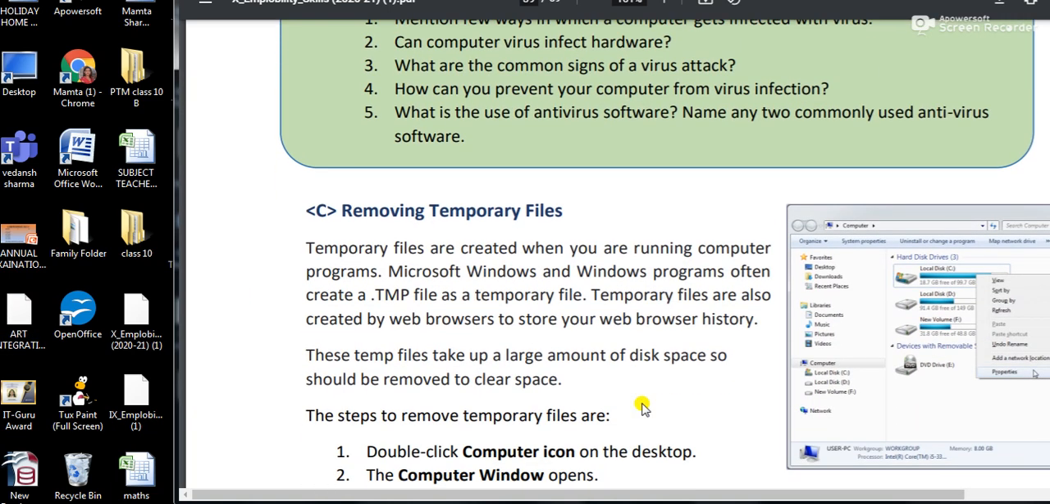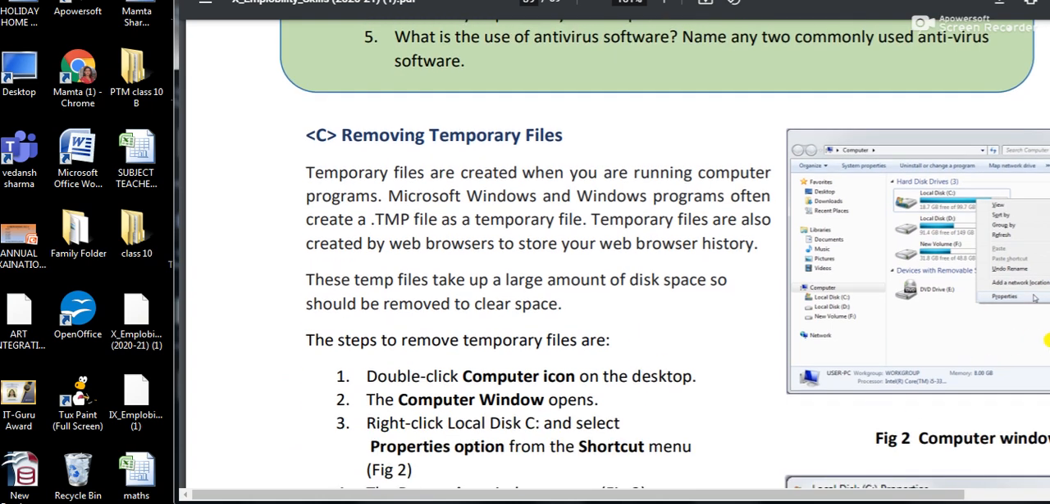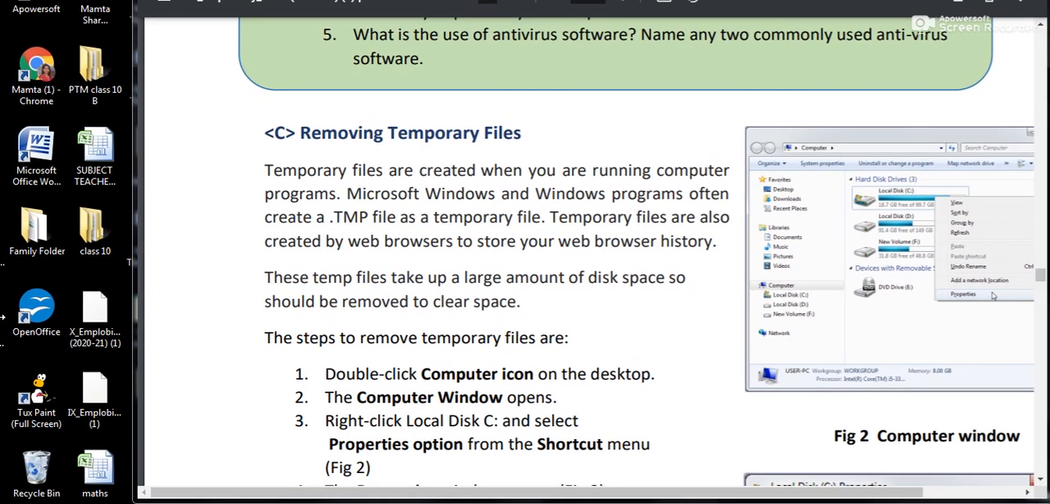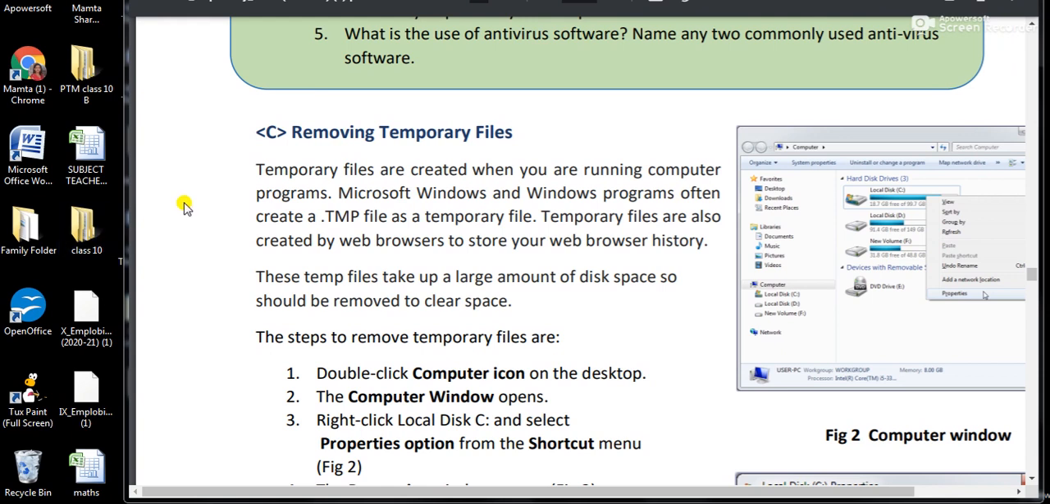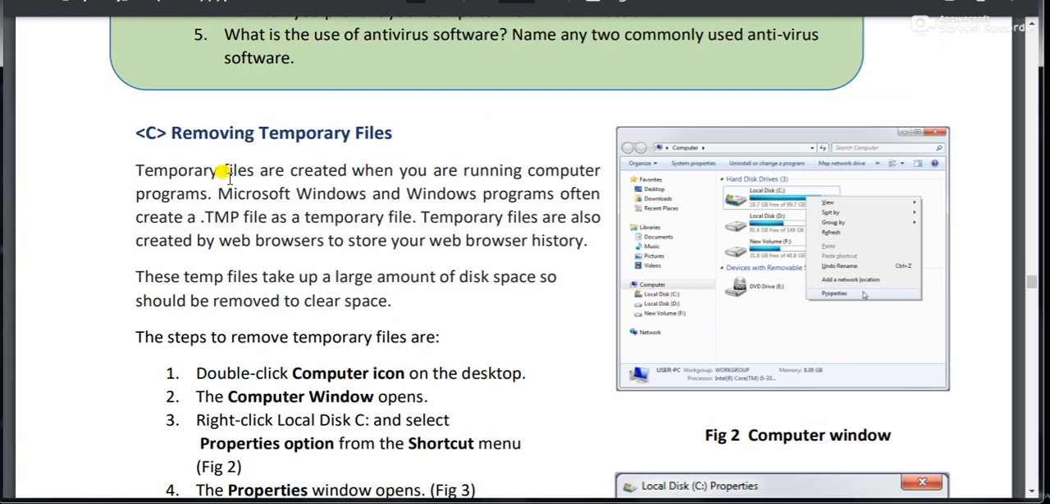The next thing is removing temporary files. How can we remove the temporary files? First of all, you should know what temp files are. Temporary files are created when you are running computer programs. Microsoft Windows and Windows programs often create .temp files, which are temporary files. These are also created by